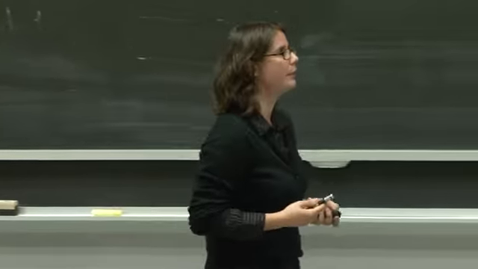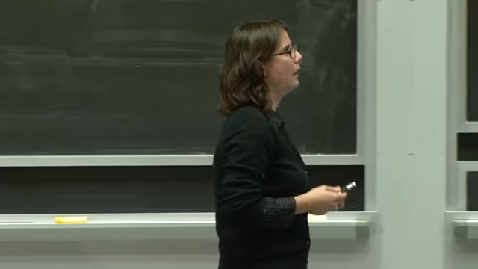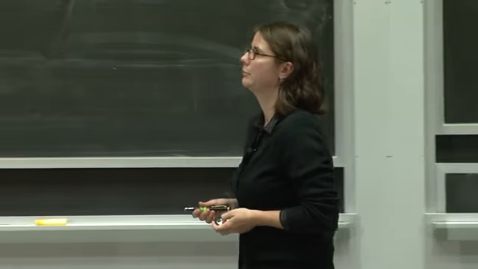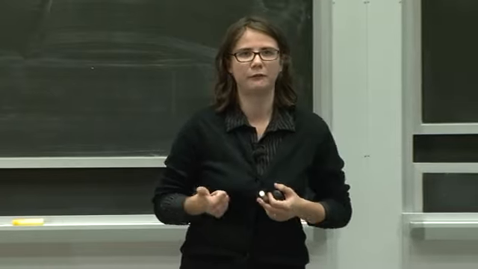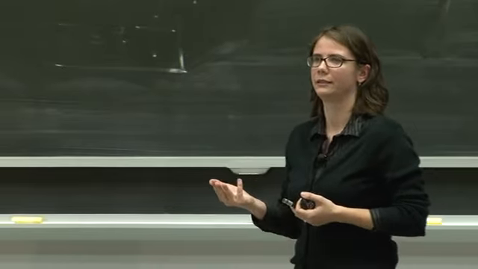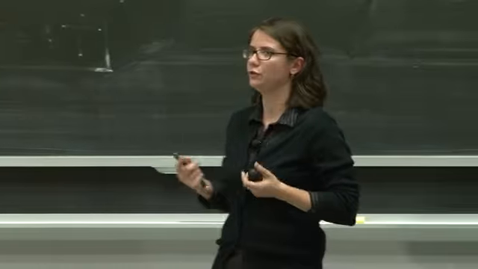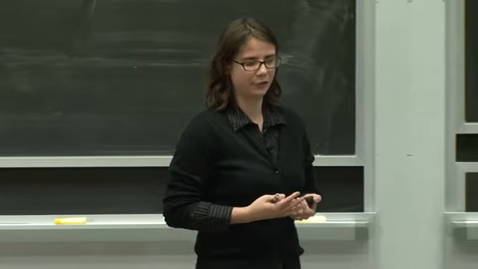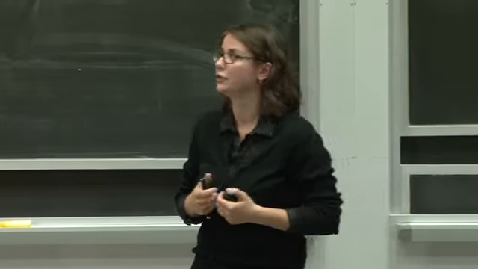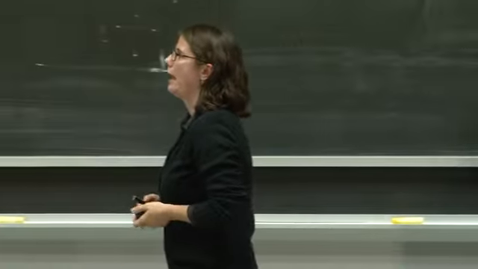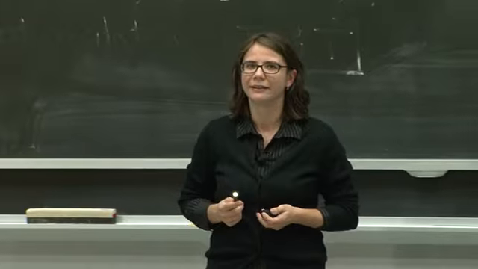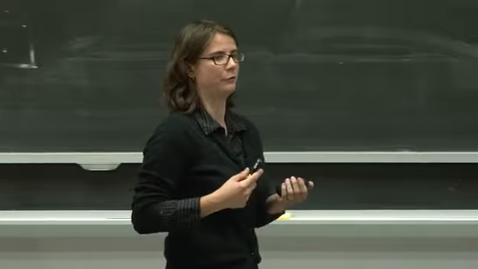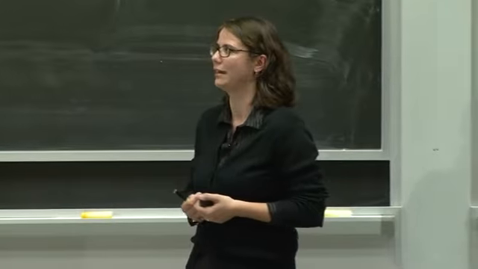Okay, so we've talked about primitives, and in fact, Alan Turing was a really great computer scientist. He showed that you can compute anything using the 6 primitives, and the 6 primitives are move left, move right, read, write, scan, and do nothing. Okay, so using those six instructions and a piece of tape, he showed that you can compute anything. And using those 6 instructions, programming languages came about that created a more convenient set of primitives, so you don't have to program in only these 6 commands, right?